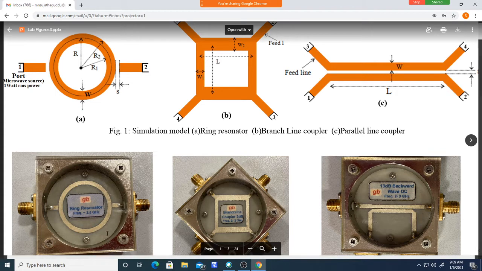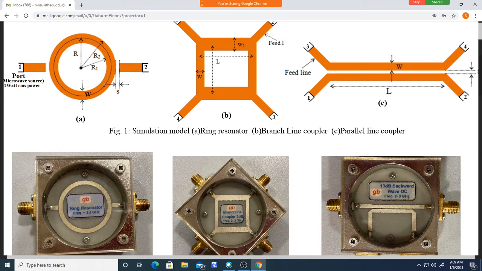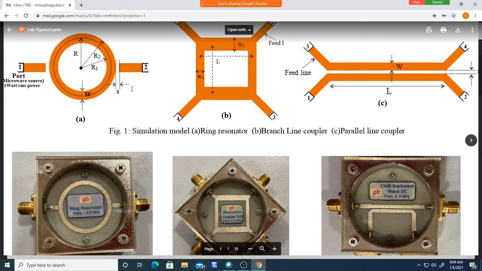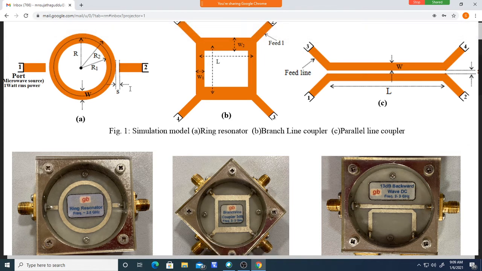Using the substrate at 2.5 gigahertz, we will get some radius. See, this R will be there. We will tell you how to fabricate, that is not needed, but if you go for fabrication, we can easily fabricate this from this simulation. Whatever simulation model we have finalized or optimized, we can extract some features, like a top view, retaining all the dimensions.